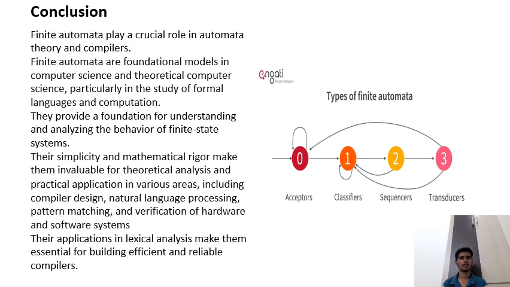Conclusion. Finite automata play a crucial role in automata theory and compilers. Finite automata are foundational models in computer science and theoretical computer science, particularly in the study of formal languages and computation. They provide a foundation for understanding and analyzing the behavior of finite state systems. Their simplicity and mathematical rigor make them invaluable for